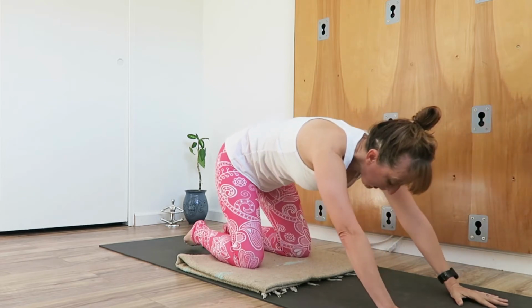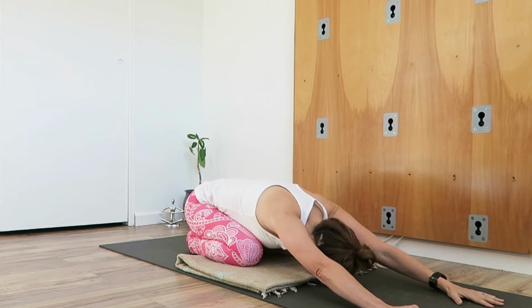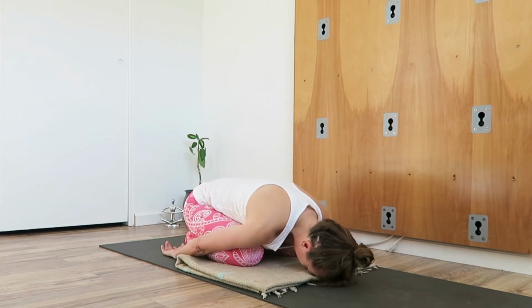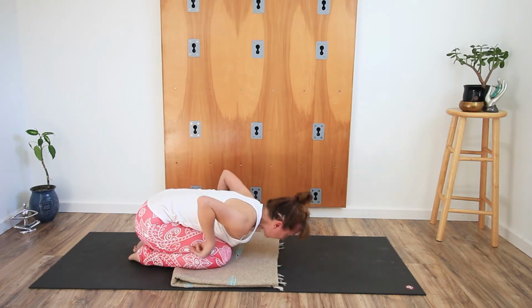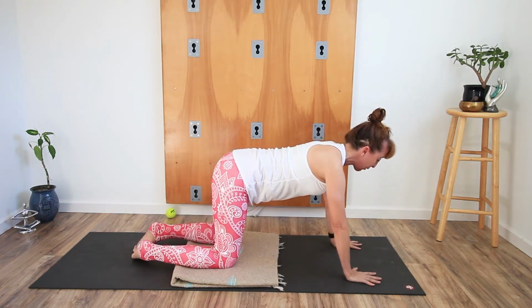Sit the hips back, sitting back into child's pose. Let the forehead rest on the floor. Maybe the arms reach back, take a break from the shoulders and the hands. Reaching the arms forward, come back up to the hands and the knees, fingers spread wide,